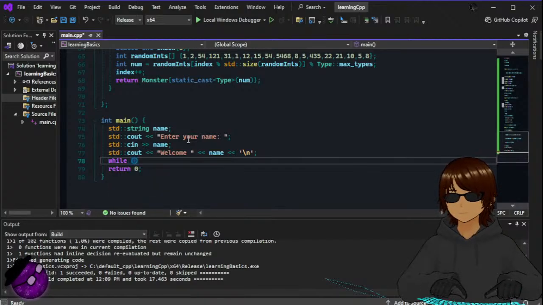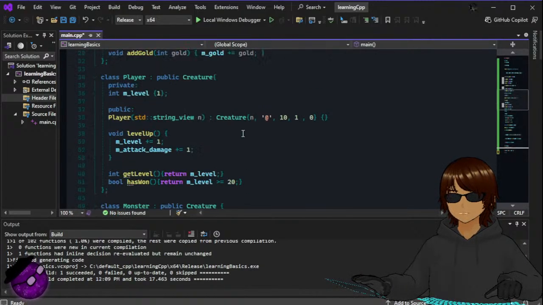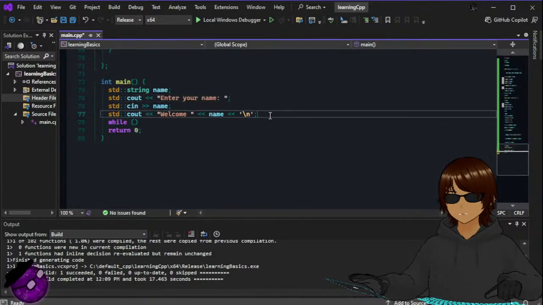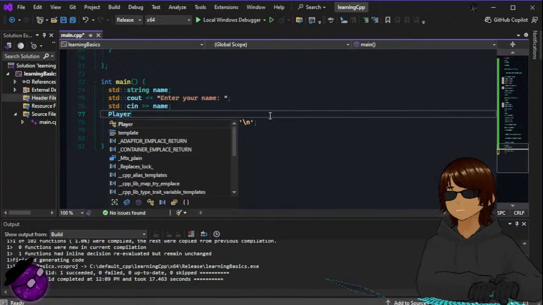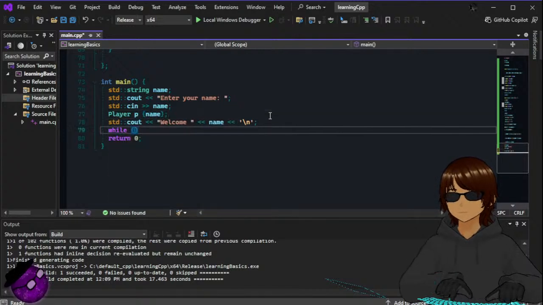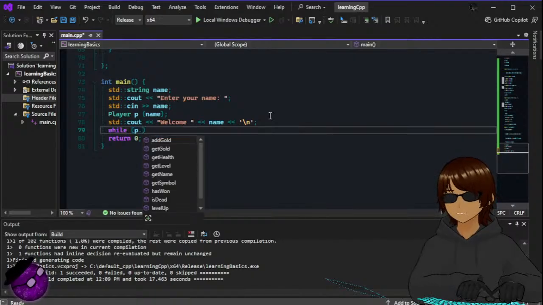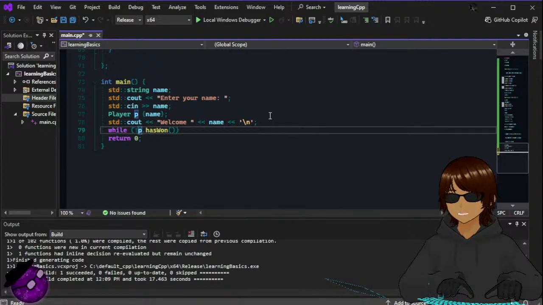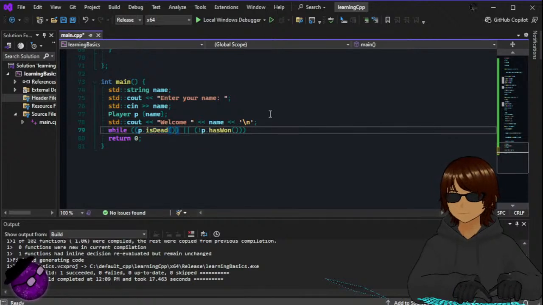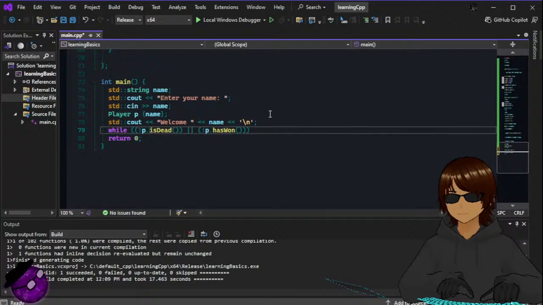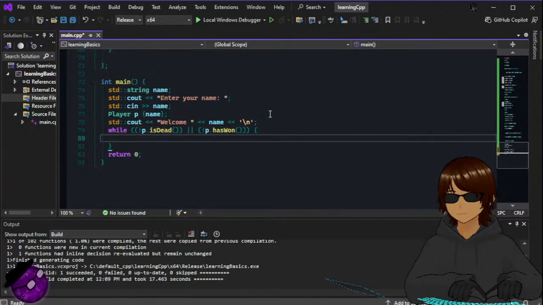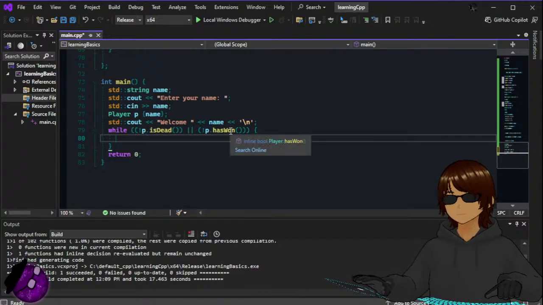While, hold on, player p name. While p.getLevel has not reached 20, or while p is dead. As long as the player is not dead or the player has not won,